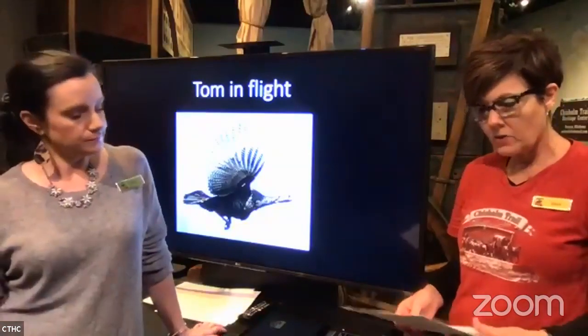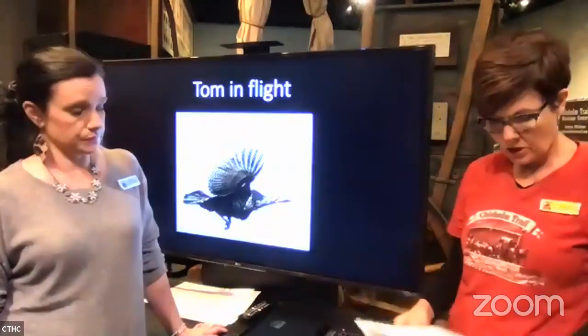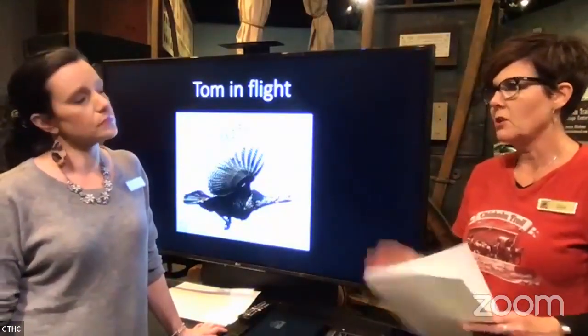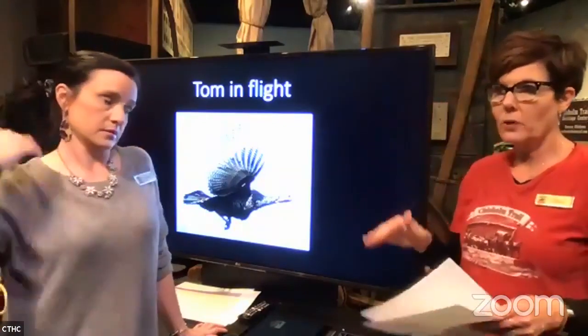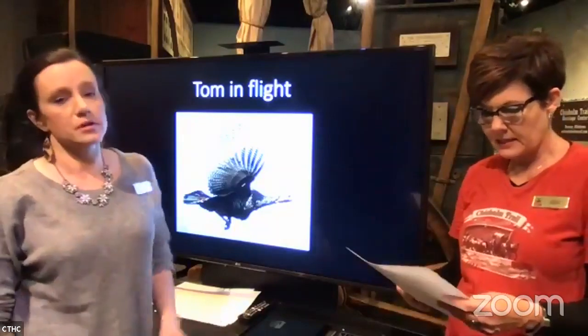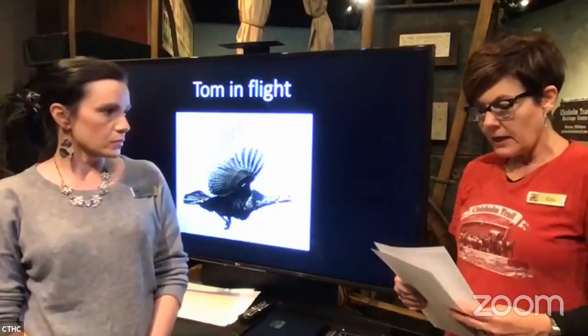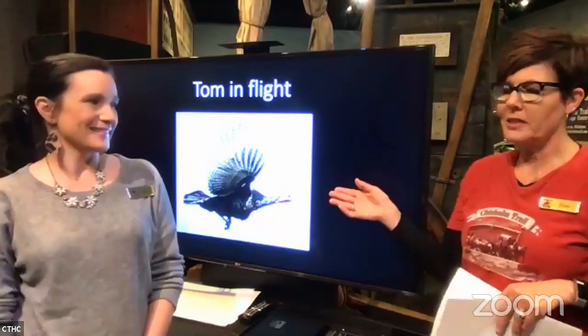So the wild turkey that we see here the most often is the Rio Grande turkey. There are 6 subspecies of the wild turkey, and the Rio Grande is the most common here. And the word turkey, the reason they called the bird this, there were a couple